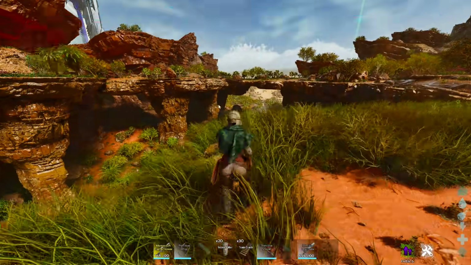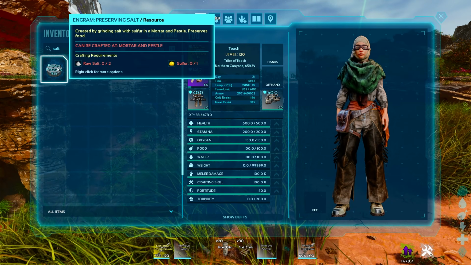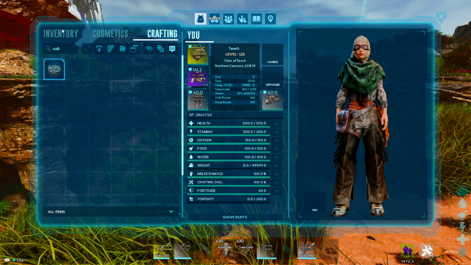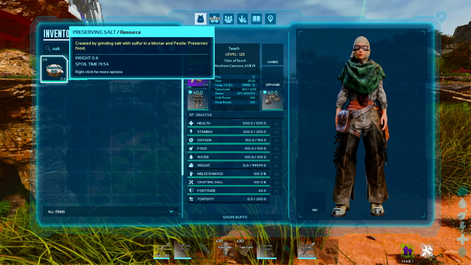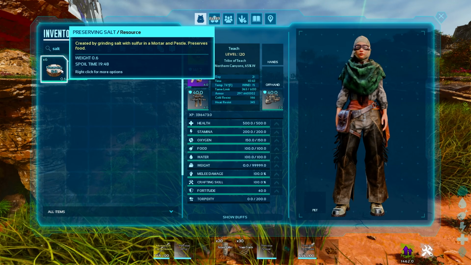Now, the next thing on our list, you cannot craft it. Let's go ahead and show you. You cannot craft it easily, but once you get to the mid game, preserving salts are incredibly useful. Basically what this does, it's going to double the amount of time that your food survives. The only negative is preserving salts do have a spoil timer, and they only stack to 6. So basically they have 2 hours of use, and they are going to double your